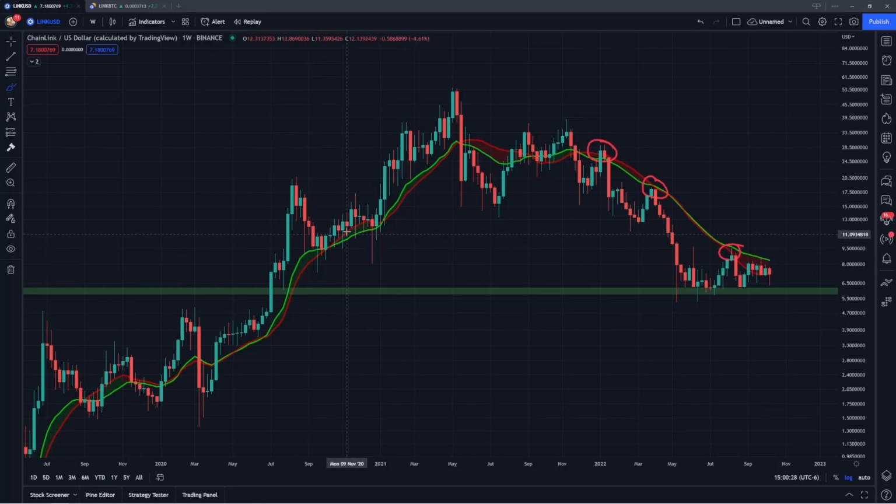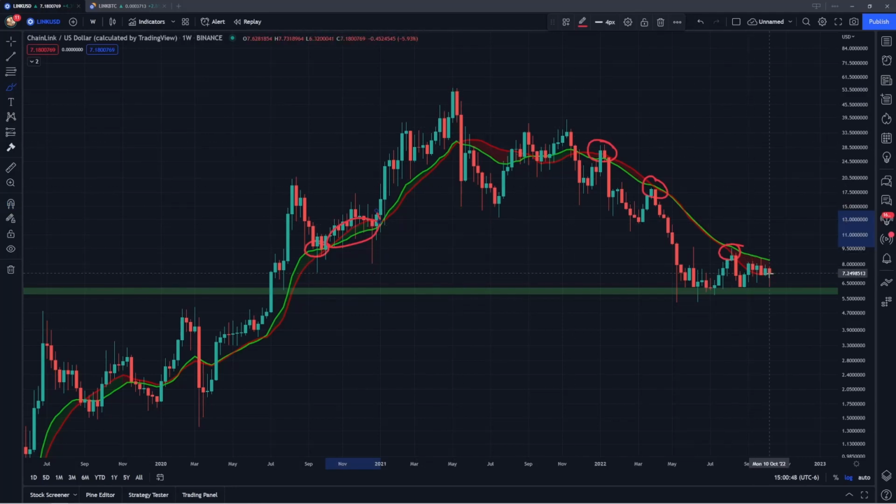So if we go back here to 2020 and this pretty big uptrend, notice how when Chainlink had that move, making this high back here in August, it came back down, retested the moving averages several times. So all of these candles came back down, holding these as support, eventually leading to another leg higher, forming this new all-time high in May.